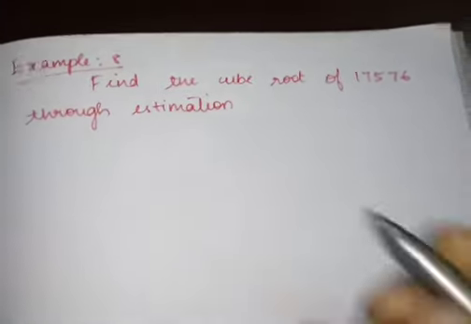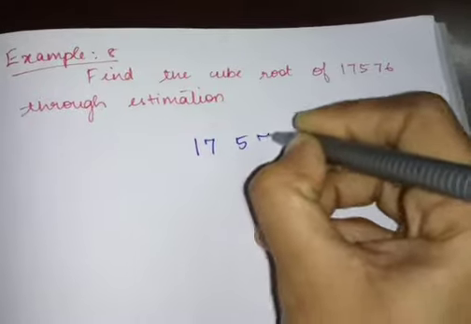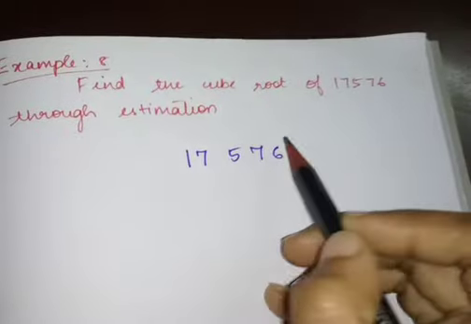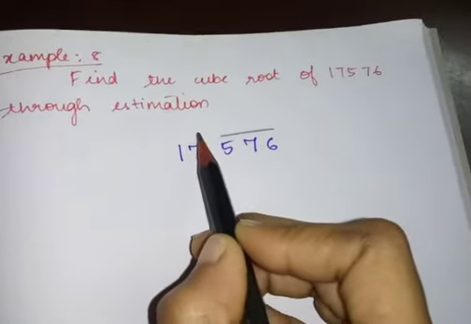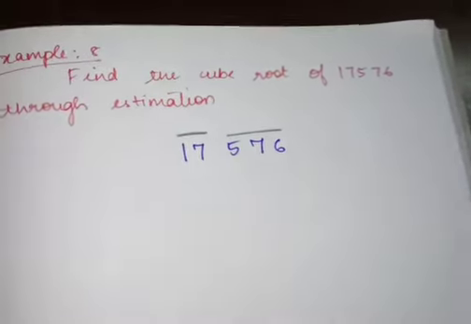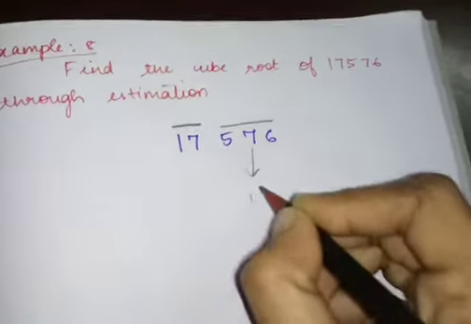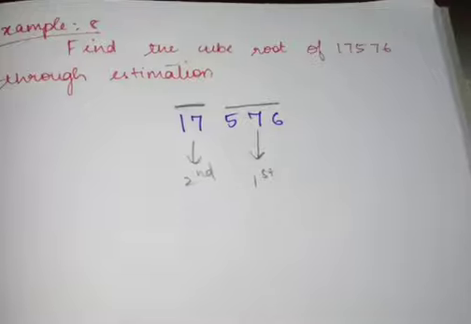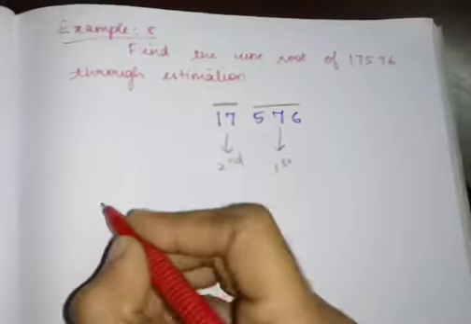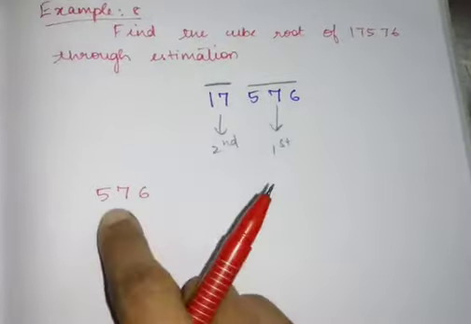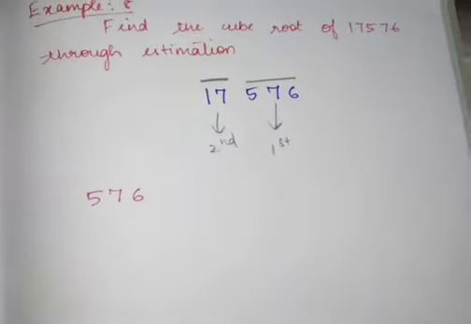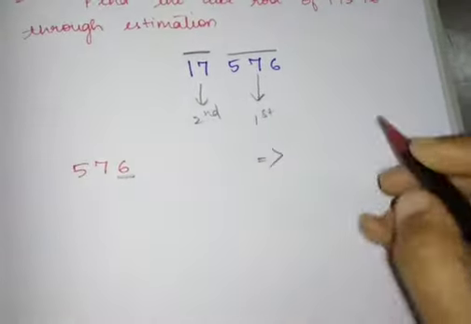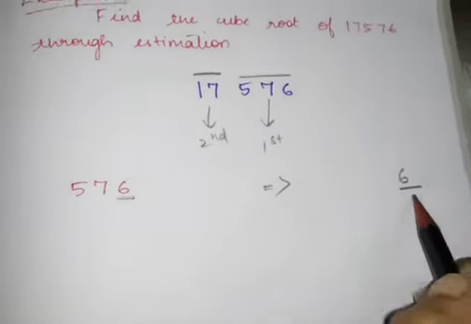Okay, so first what you will do, you will separate them into groups, correct? How will you separate? From the rightmost corner. Rightmost corner means 1, 2, 3, one group. Then for the remaining, if it is not 3 numbers, if it is 2 numbers also, you can put it like this. So which is your first group? First group, second group. Yes, this is what we have discussed in our previous content. So first group, what is the number? 576. What is the last digit, which means the unit place of 576? 6. So the cube root answer will also end with 6. Last digit will be 6.